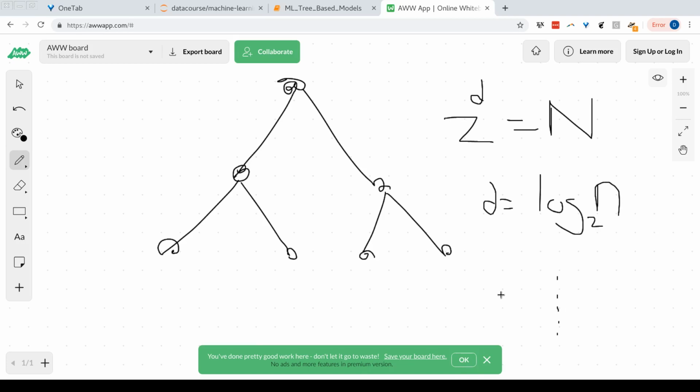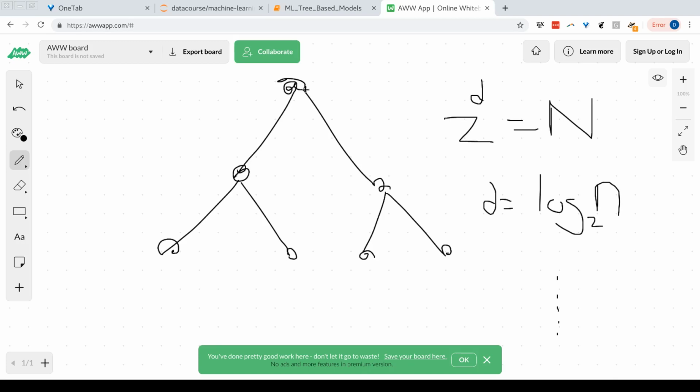So now we know the depth of the tree. Then let's consider the time complexity to make a prediction. When we make a prediction for a decision tree, we start at the very root of the tree and we answer these yes or no questions, and we end up where we are. We end up in the terminal nodes, the leaf nodes, and we use that to make our